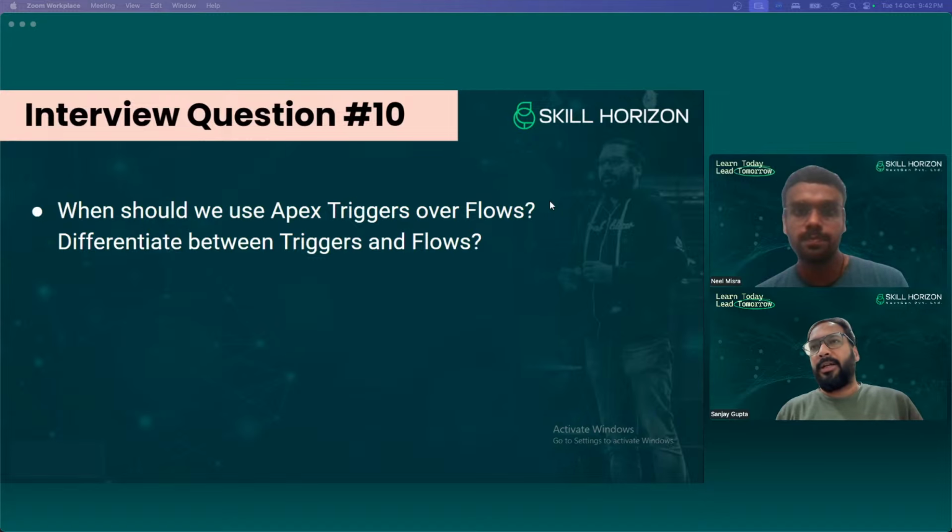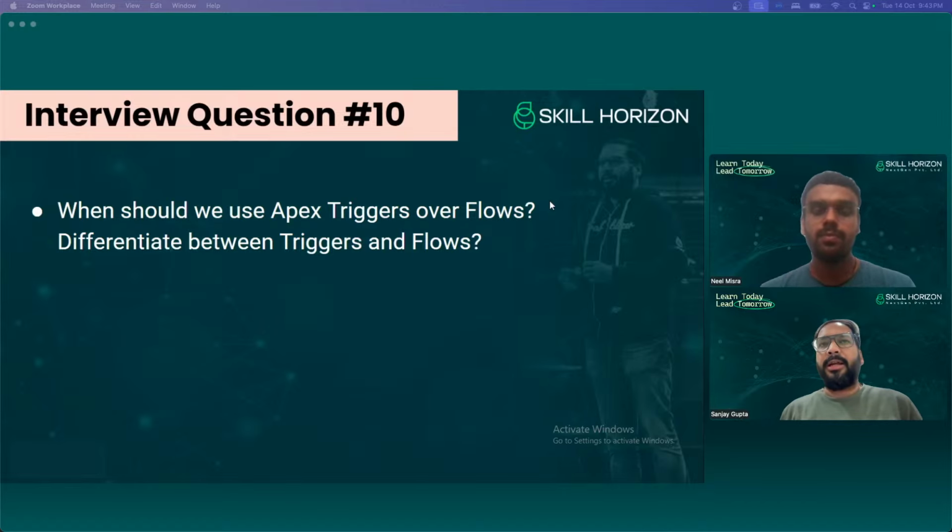So nowadays both are available, so we can either use flows or we can use triggers. It depends on the client requirement or nature of the project. If you have a scalable project where lots of business logic is being implemented, then for complex implementation we can use triggers over flows, because in triggers reusability is easy. We can easily implement nested loops. We have maps in triggers, which are not available in flow. Those features are missing in flows. Also, after delete and after undelete operations are not available with flows; we need to do that implementation with triggers.